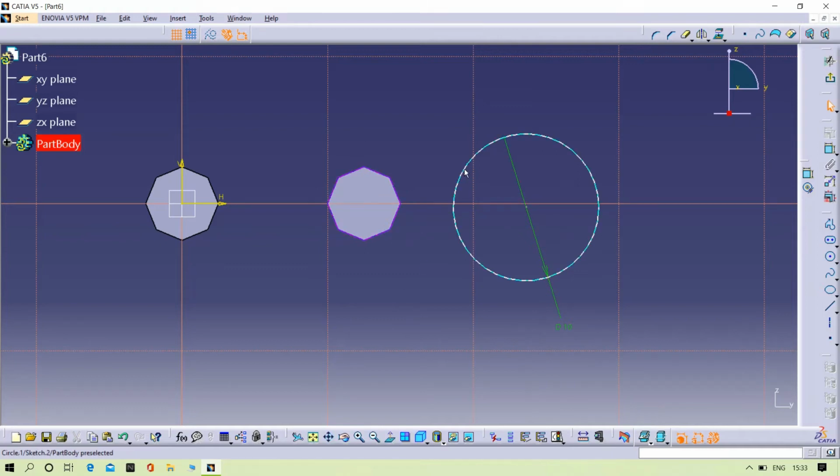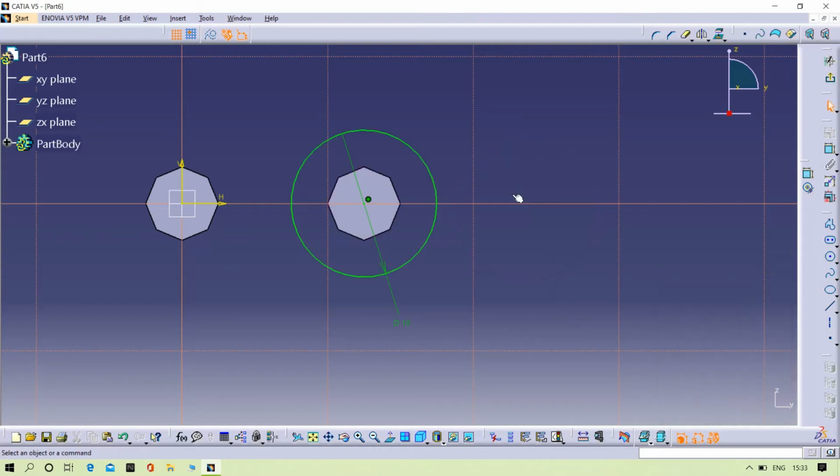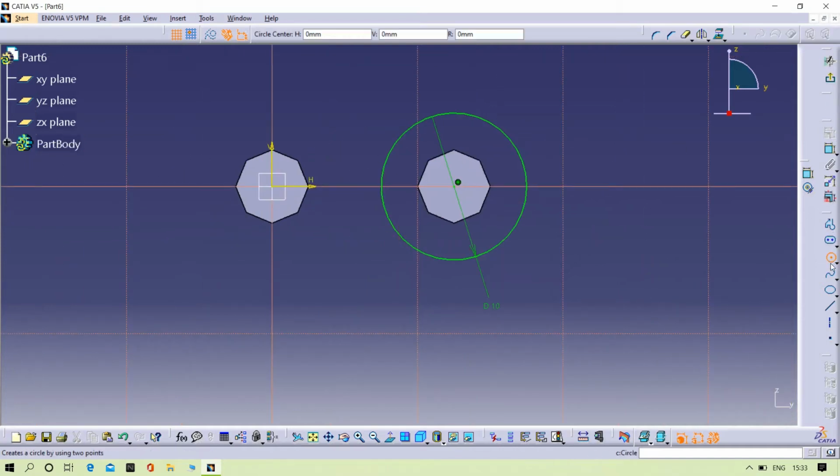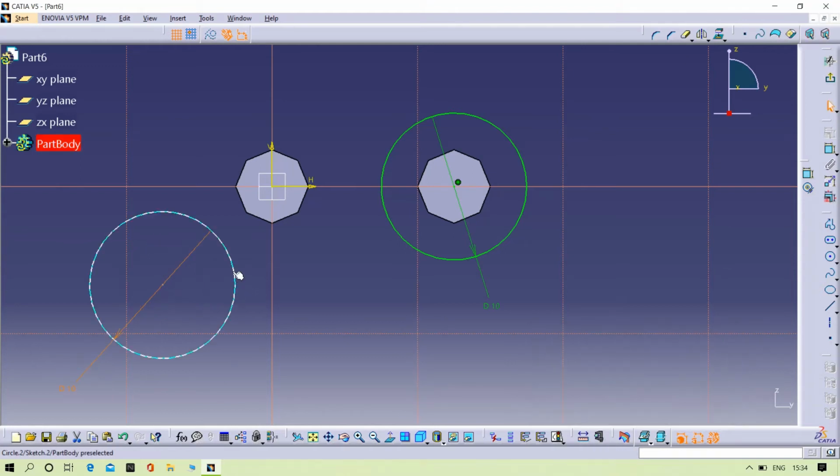Then coincident. Same as it is for opposite side also. Diameter is 10 mm. Then try to make it coincident with this circle.